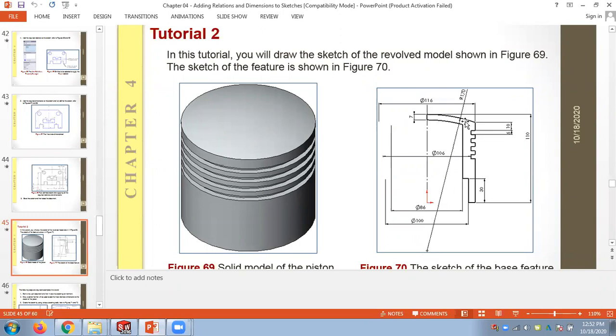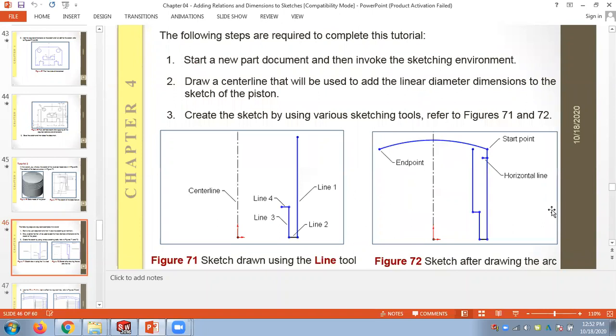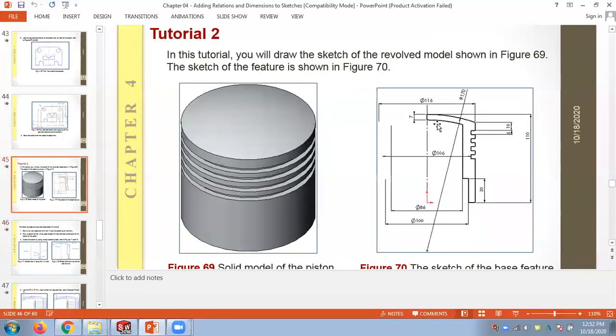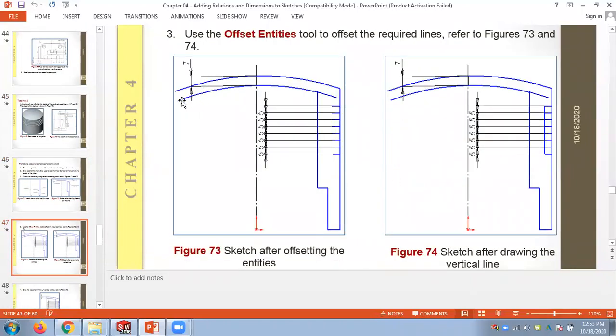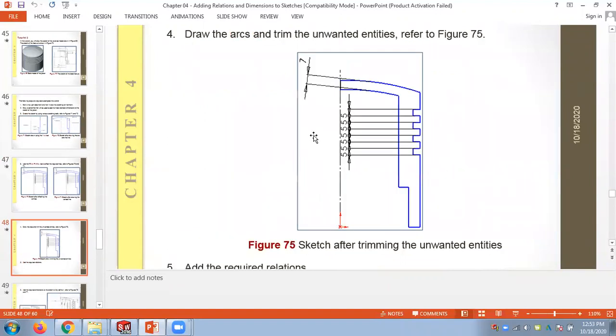I hope you understood. So you draw only this part. If you look at the slides here, they have done it. You draw only this part and draw an arc. You don't need to have this one also. You just draw from here to here and give the radius. Automatically the arc center comes. Then trim the things and get the correct shape and apply the revolve. They are drawing up to here, no need. You can stop it here. So this is how it works.